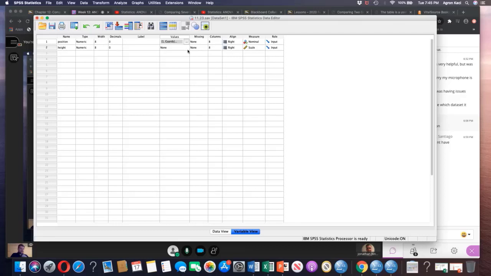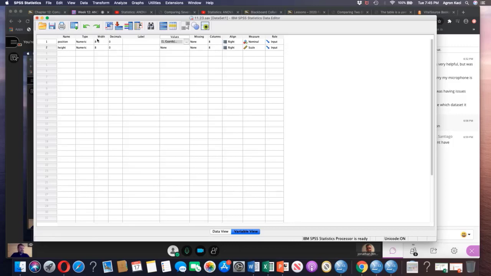So the null hypothesis will be that the average height of these three positions will be equal, and the alternative hypothesis is that at least two of these positions' mean heights will not be equal. And we're going to test this at the 5%